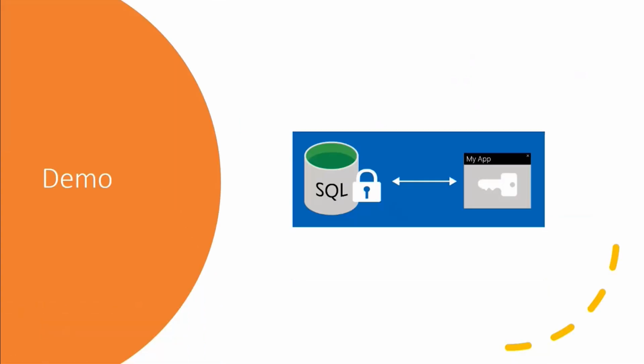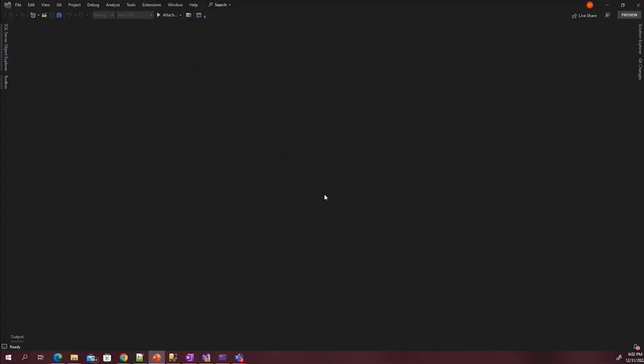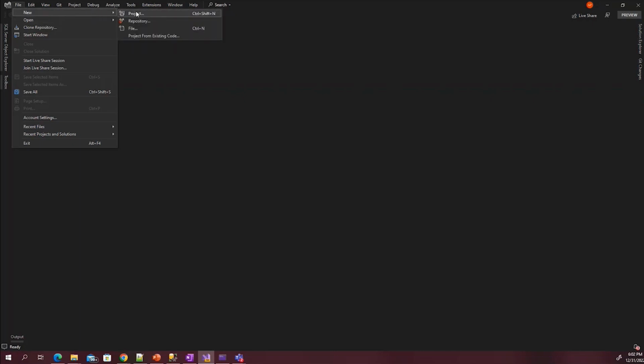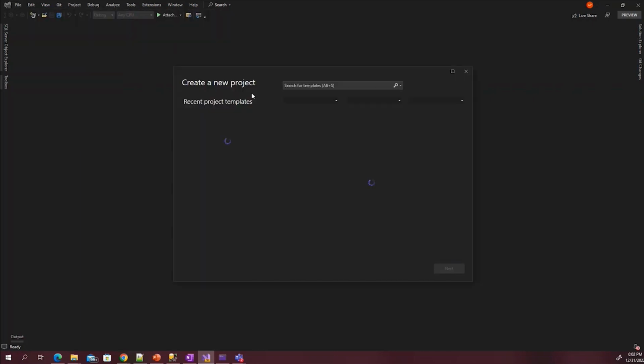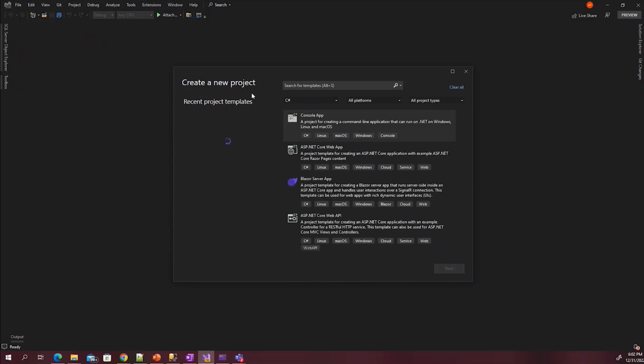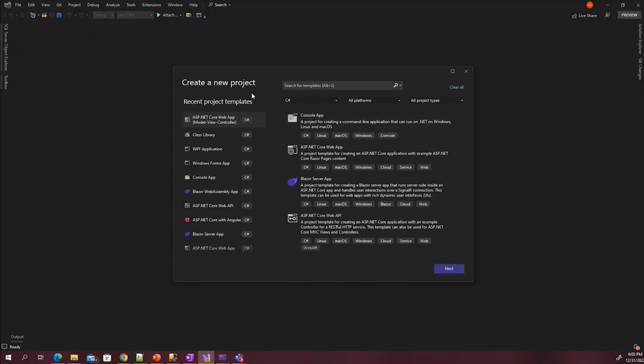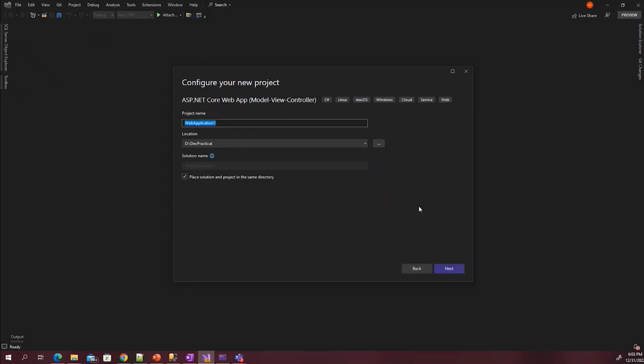So let's move on to the demo. I want to create a fresh new application so that there is no magical code kind of thing. Let me create one project. I am going to create an MVC application with .NET 7.0. So I will name it Dhaka demo, and then